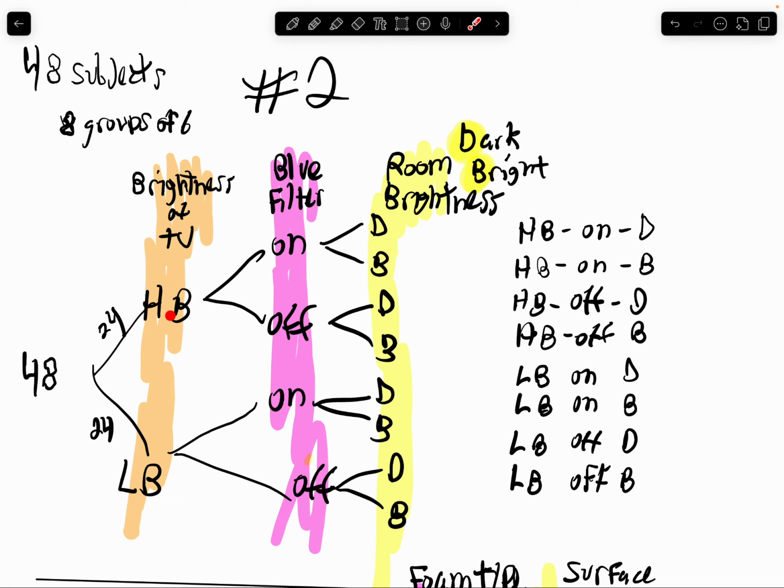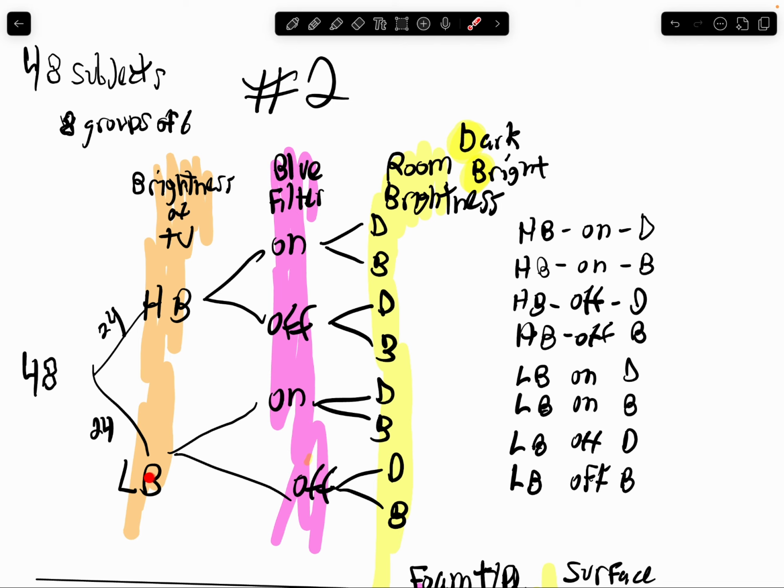Some of them are going to look at the high brightness TV with the blue filter off in a dark room. High brightness TV with the blue filter off in a bright room. So that's half of the people right there. That's the 24. The other 24 people are going to be looking at